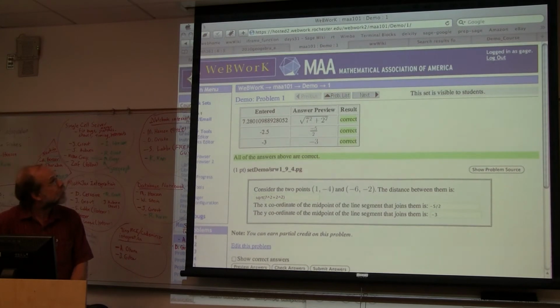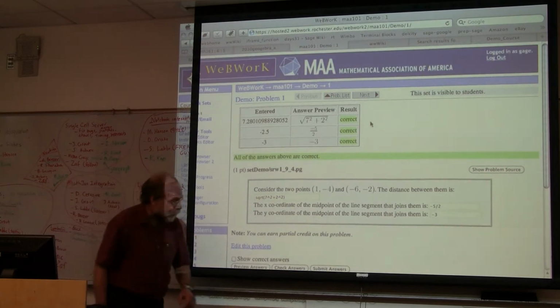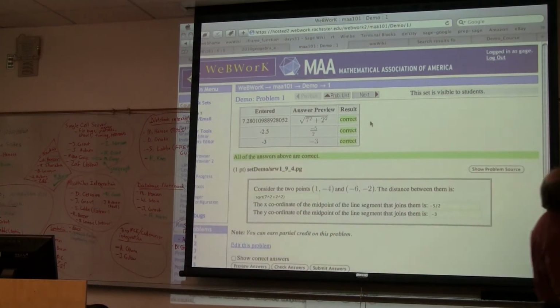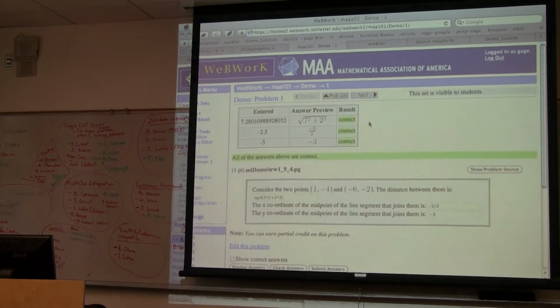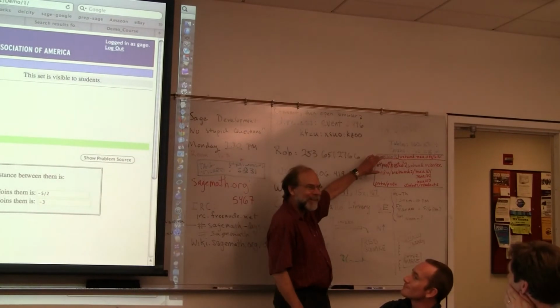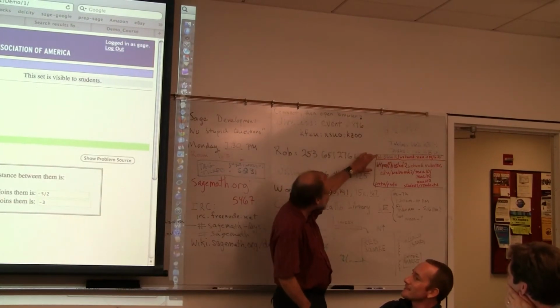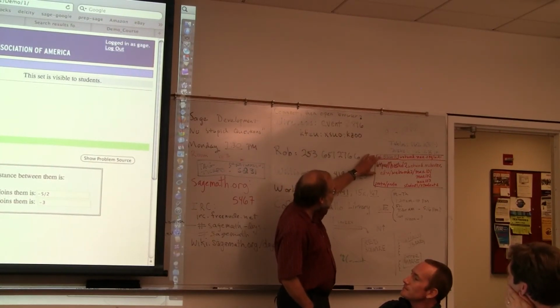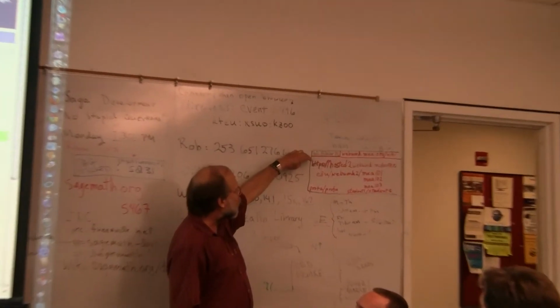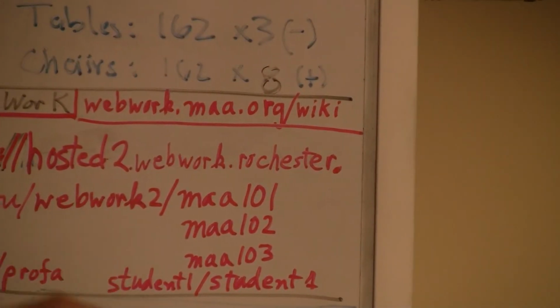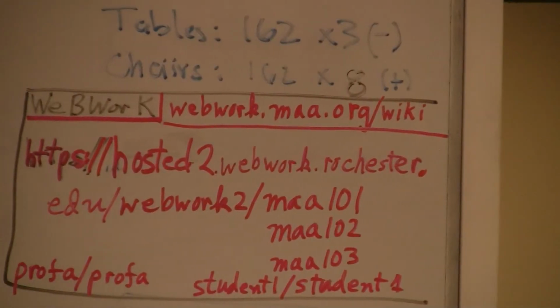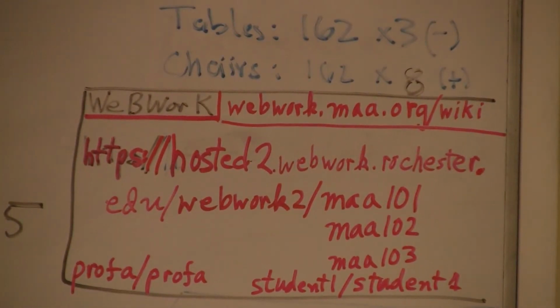And this is the site that I sent you. Here's the site to look at over here. So again, if you're through browsing the wiki, you're fast. There's a lot in it. You can now amuse yourself by going to this site here, https://hosted2.webwork.rochester.edu/webwork2. That's the way all the sites start.